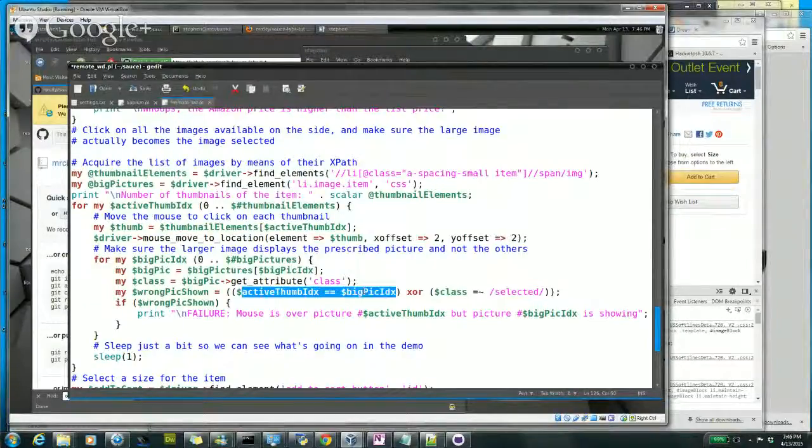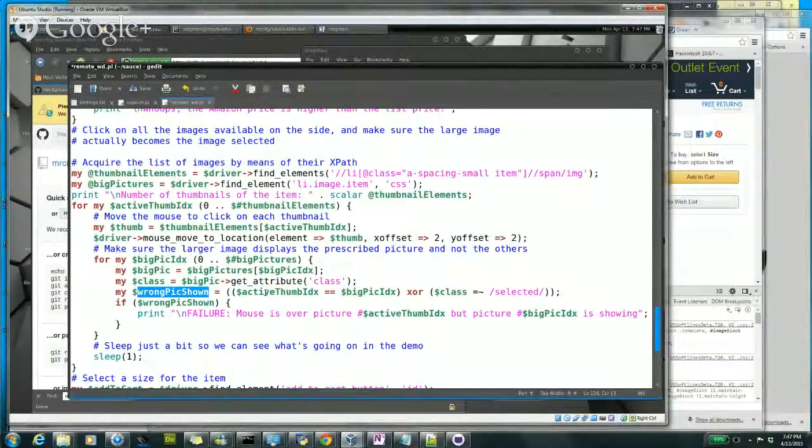Basically, if the active thumbnail index is equal to the big picture index, that is, you're hovered over thumbnail number 2, and you're also looking at big picture index number 2 to make sure that it's actually big, however, you find out that the class is not selected, then that's the case that'll bring up wrong picture shown,